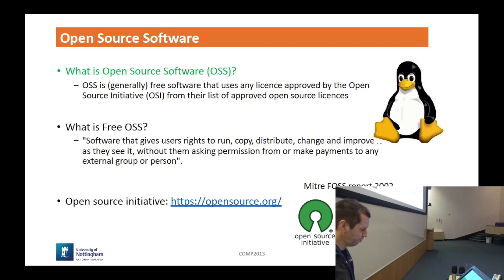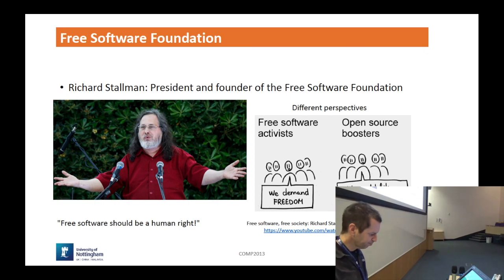Right, so there's a famous person, Richard Stallman, the president and founder of the Free Software Foundation. And the concepts of free and open are not exactly the same, by the way. Free means you're not paying for it, open means you're allowed to read it. You could have free software that you're not allowed to read. That's possible, right? Or you could have open software that you pay for. So all of those combinations are possible, right? So free software should be a human right is the perspective that Richard Stallman comes from.